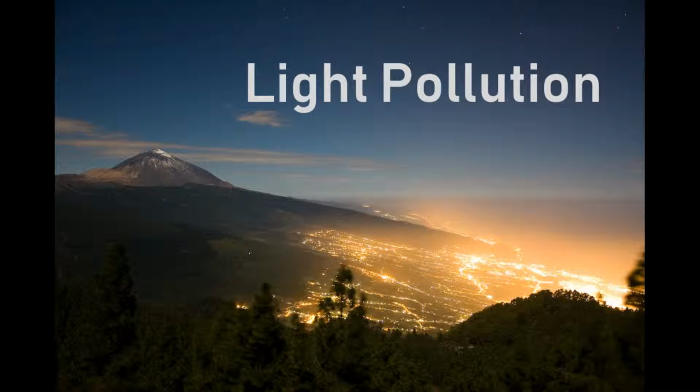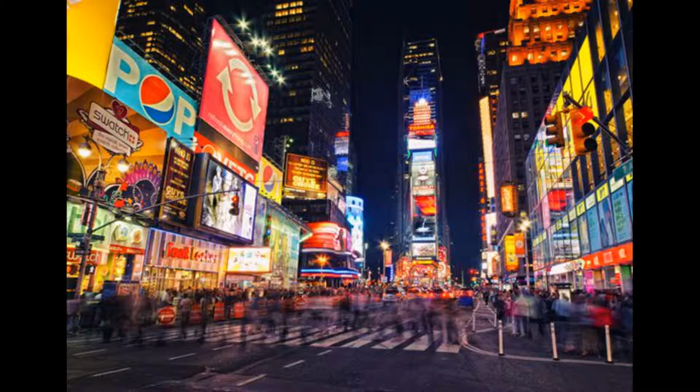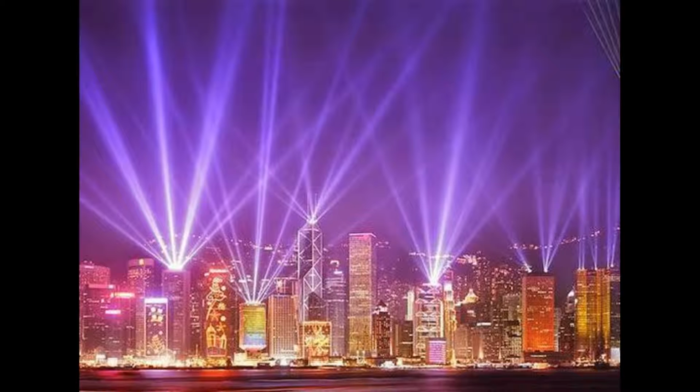Light pollution is harming the environment because it confuses animals and affects their migration patterns and behaviors. It also hurts humans because it affects our sleep cycles, and due to the fact light takes energy to produce, it contributes to air and water pollution. There are four main types of light pollution, including overillumination, which is the excessive usage of light where it isn't